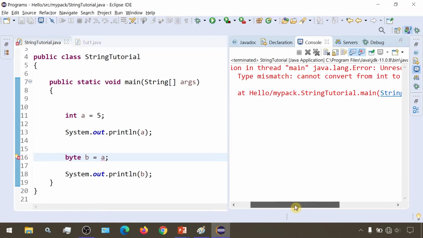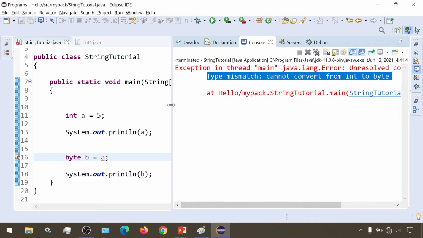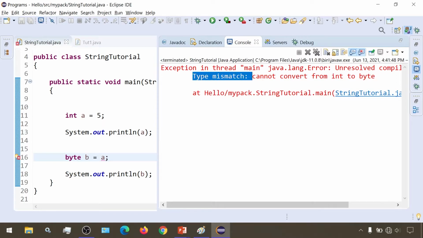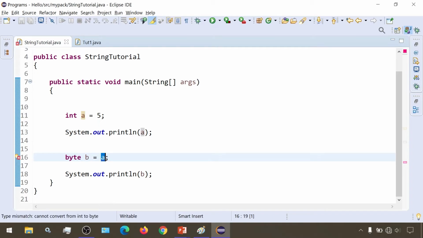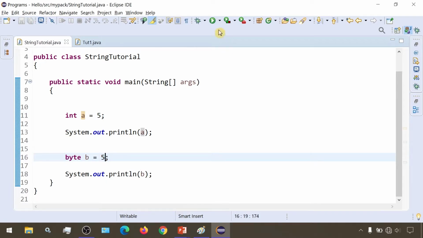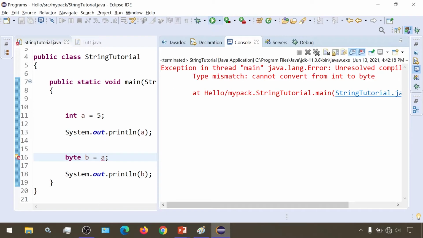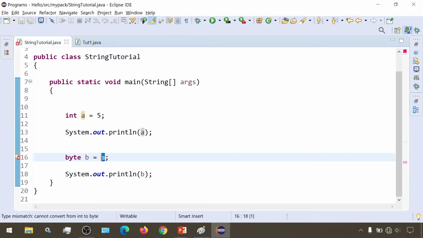But now for this byte variable, I assign a here, and I try to run this, then I am getting an error: type mismatch, cannot convert from int to byte, because int has 32 bits. Even though the value 5 is in the range of byte, if I directly give 5 here and run my program, I get my output. But with the variable, I get an error, because our computer will not know what value is stored in this variable.